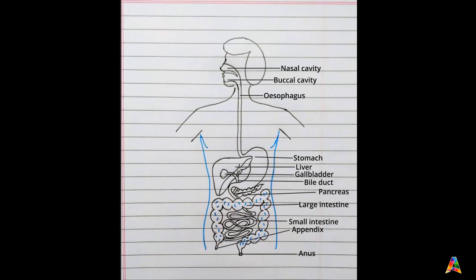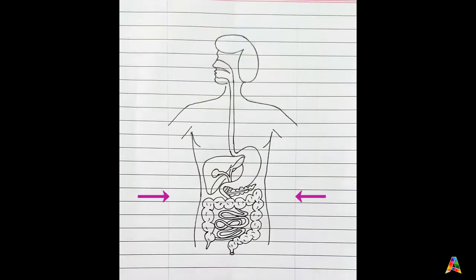We want our labels to be evenly spaced out and not crowding in one location. To avoid such crowding of labels, we can add reference lines like this. These can make sure that we don't label too close to the diagram. Now while practicing the diagram, you can practice labeling all the parts. But in the exam, make sure that you label only the specific parts asked in the question.